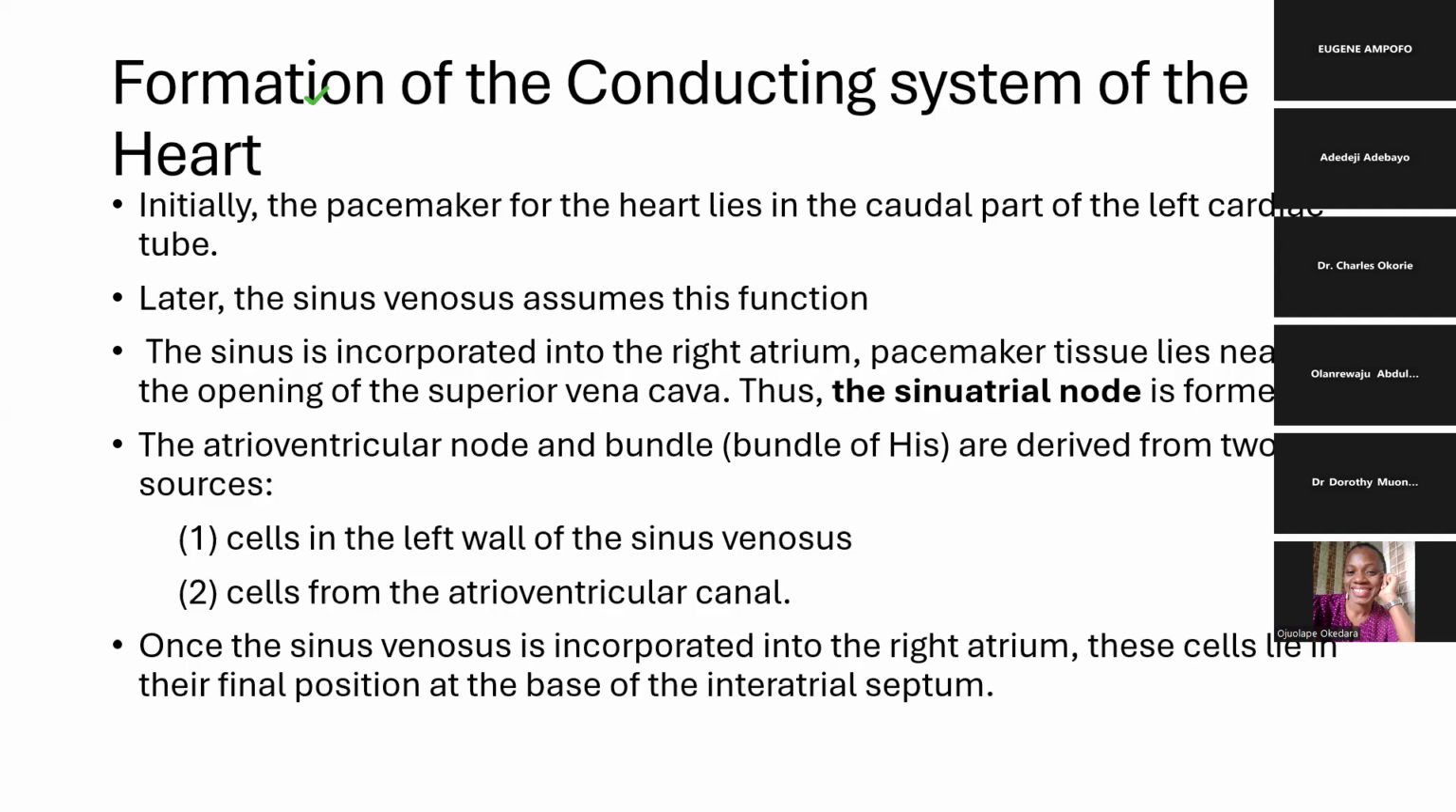So, the summary is that the SA node is formed following the incorporation of the sinus into the right atrium. And for the AV node and the bundle of